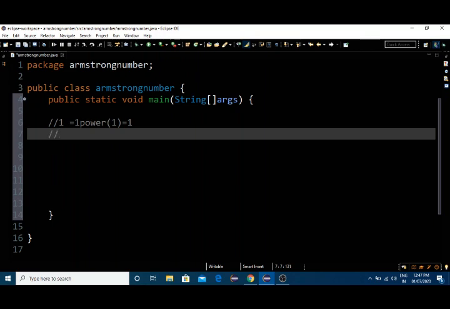153 as a number, here there are 3 digits. So the power will be 3 for each individual digit. You can see here 1 power 3, that is 1 cube. 1 cube is 1. And it continues like that, next 5 power 3, that is 5 cube,